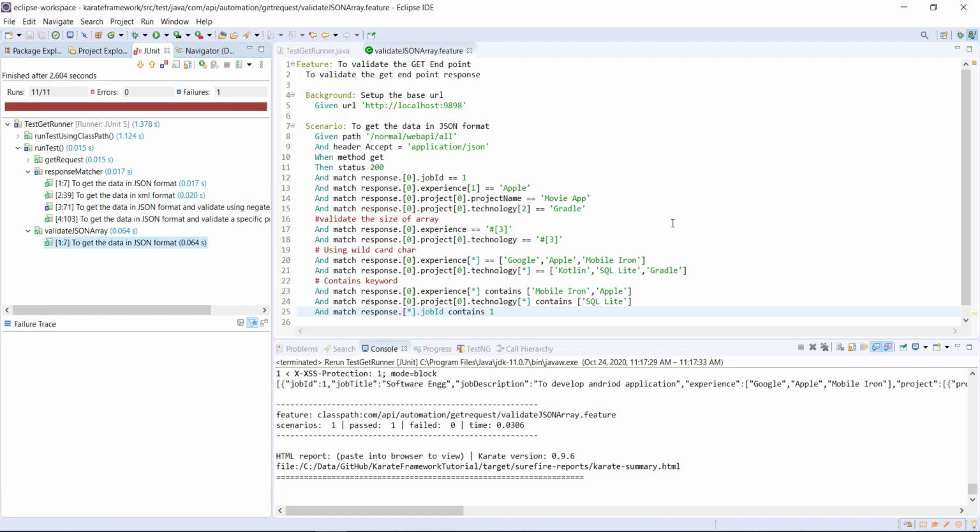So our test is passing. So in this manner, you can validate the content which is present inside the JSON array.